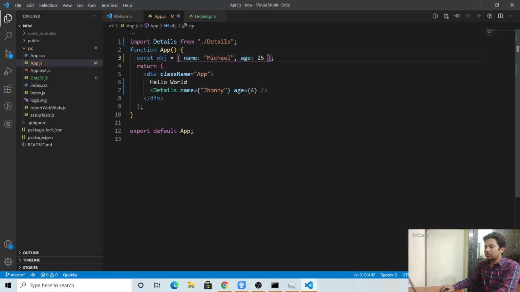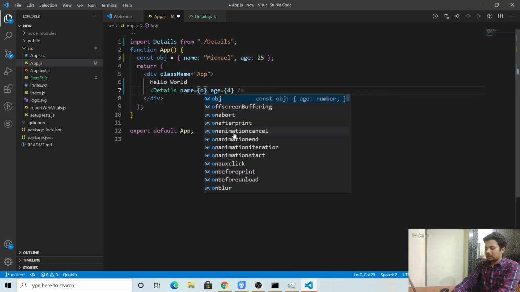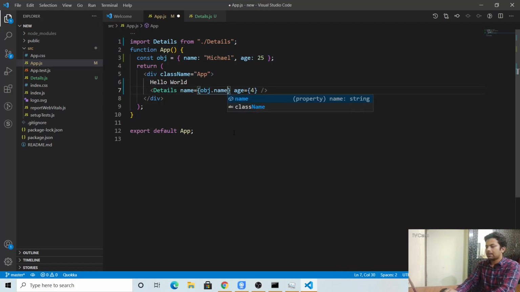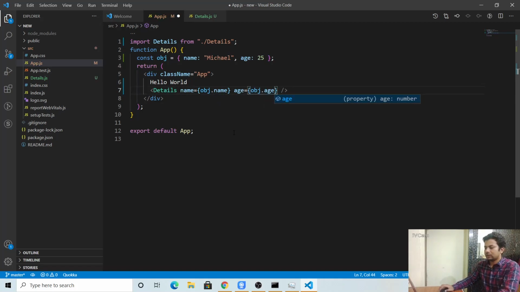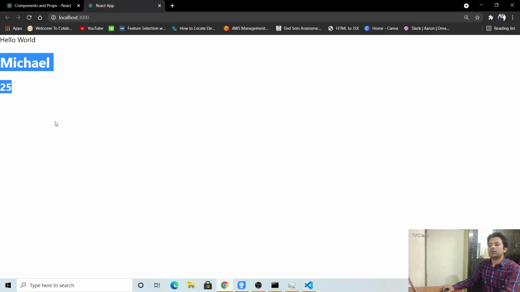So we have this object. Simply we'll put this object data here: object.name, object.age, and we'll save. Okay, so see, Michael 25.